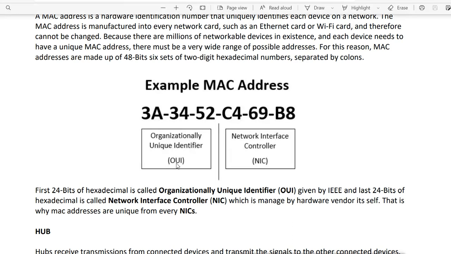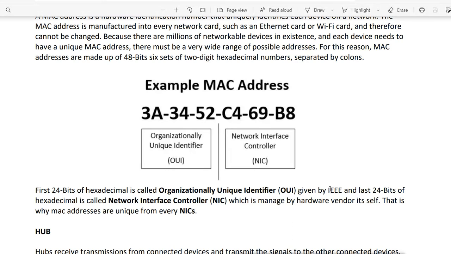So I have to get the first 24 bits from the IEEE. The IEEE will give me the first 24 bits, which it has never given to any other company. So every company has a different first 24 bits, and within the company, when I make different devices, I will make sure the rest of the 24 bits are different for each device.